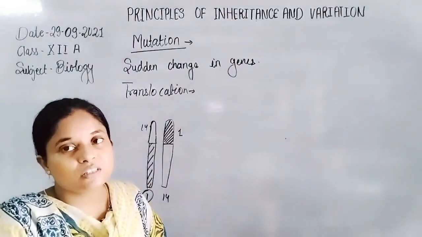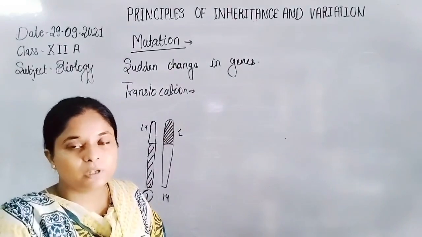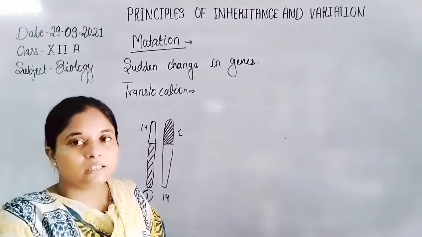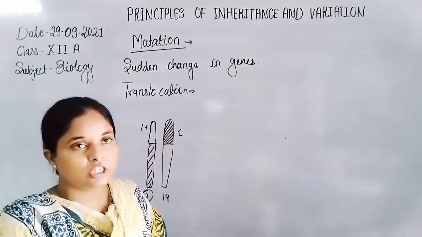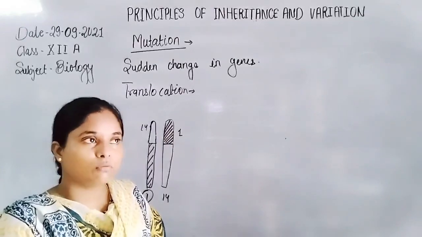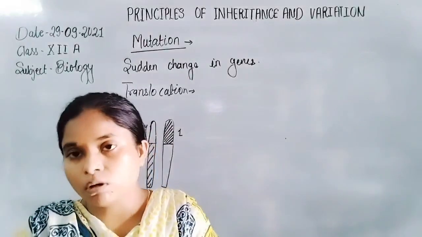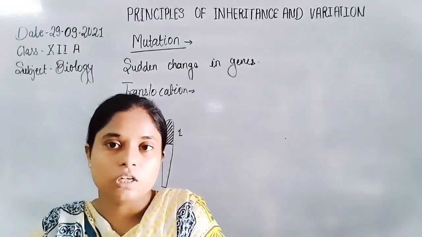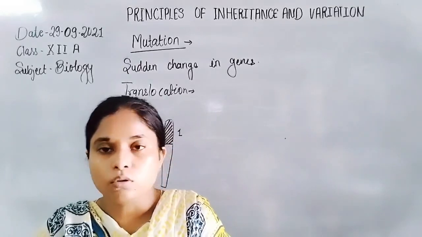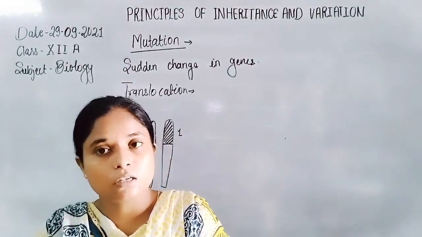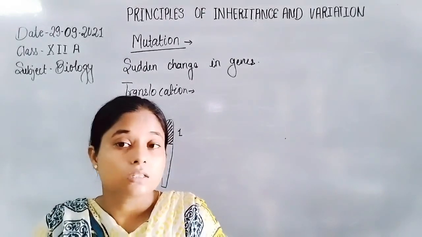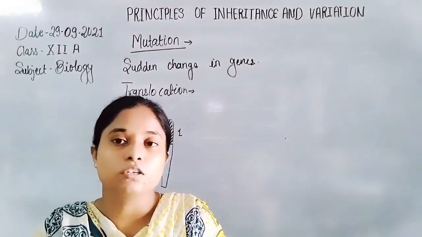So point mutation is a single mutation, but the complications are huge due to the change in the amino acid. Glutamic acid is changed to valine, and valine is a non-polar amino acid, so there is an overall change in the affinity of hemoglobin for the oxygen molecule. That makes a deficiency of oxygen in the RBCs, and that makes the RBC sickle shaped. So that results in huge complications.